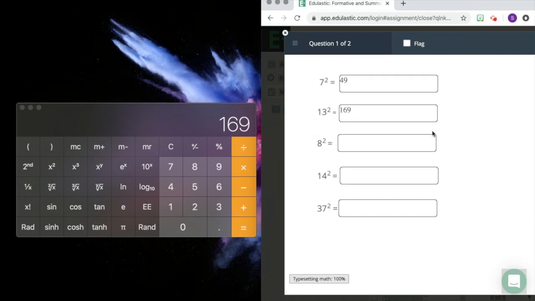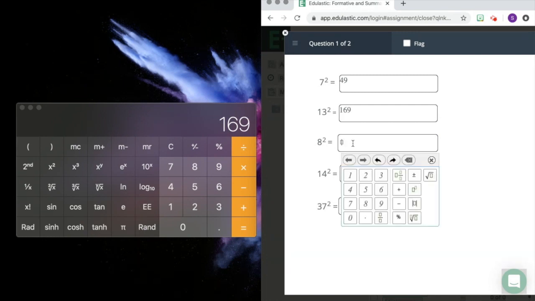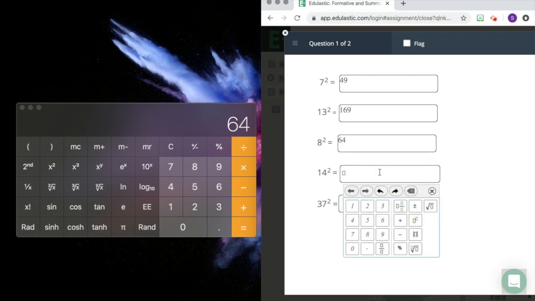Cool, 169. Excellent. All right, 8 squared. And you know 8 squared. 8 times 8 is 64. So let's check with our calculator. 8 squared, 64. Nice. All right, let's do the next one. See how easy this is? 14 squared. Not really sure, so 14 squared,